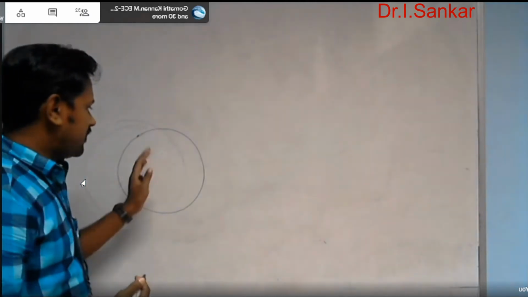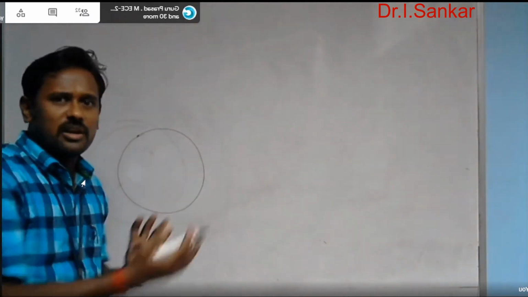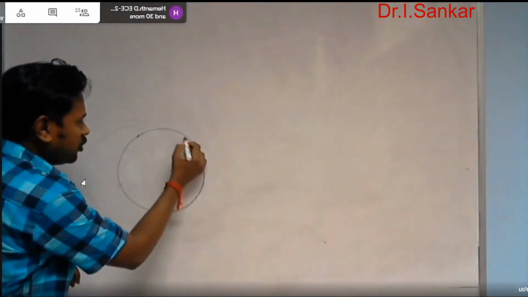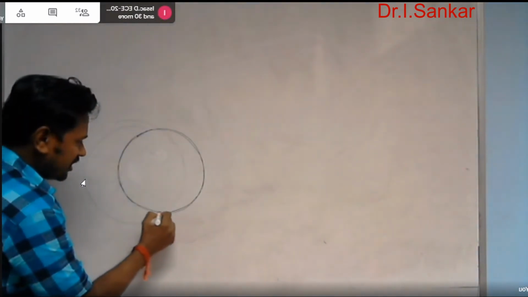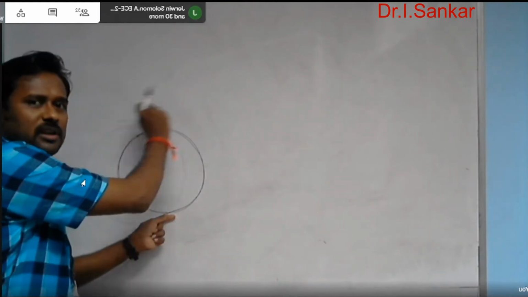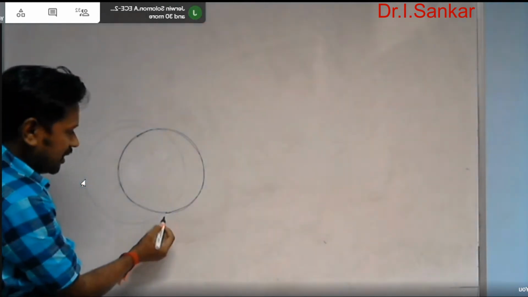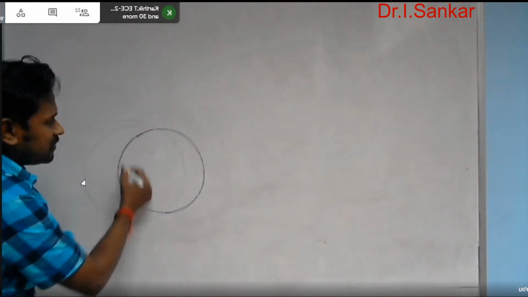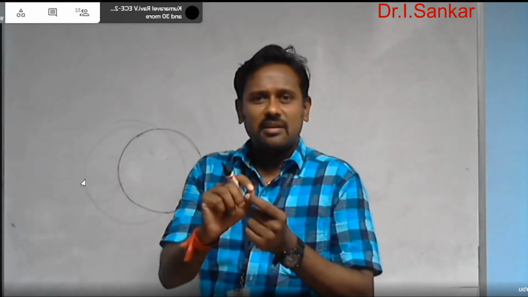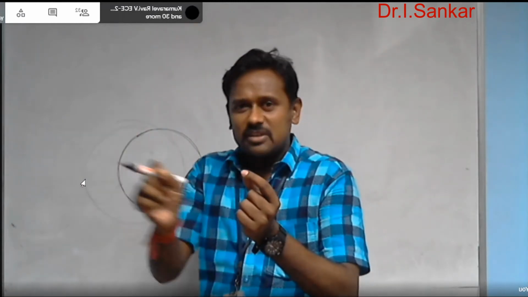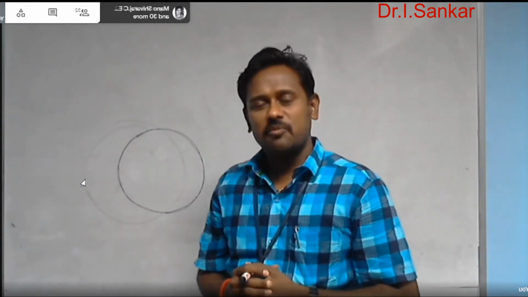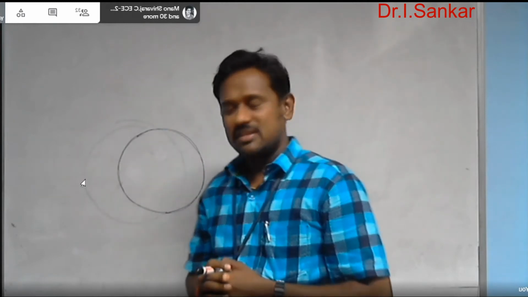For example, consider a circular plate or circular element. I am going to wind a string around that, just like a thread, around the periphery of the circle. And what will be the length of that string? A logical question. If I wind a string or thread around the periphery of the circle, the length of the string is equal to the circumference of the circle.